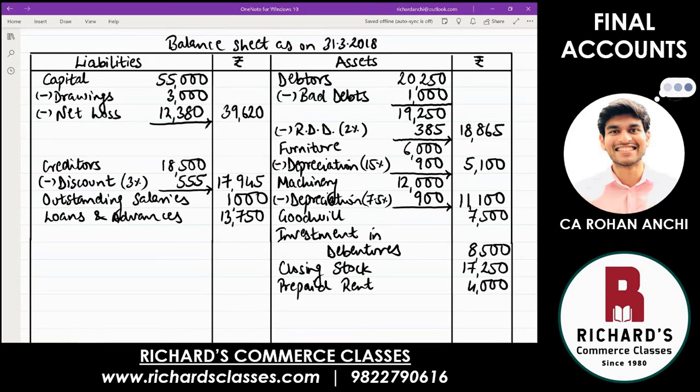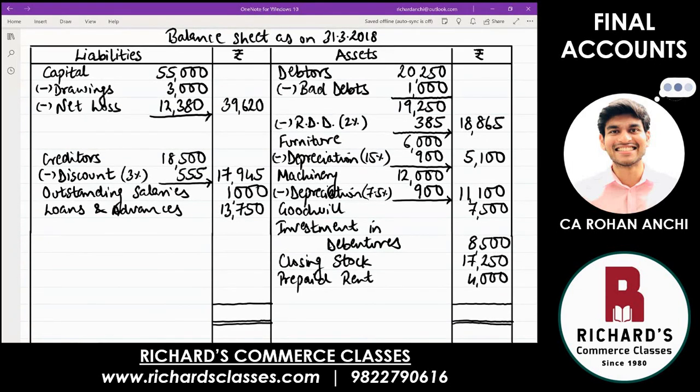This is a balance sheet. Both sides should balance. Add up and check. Liabilities as well as assets. Liabilities 72,315. Yes, that is the easier side to add up. Only 4 figures there. But you need to check whether it is tallying. Add up also the figures on the asset and see whether you get the same amount.